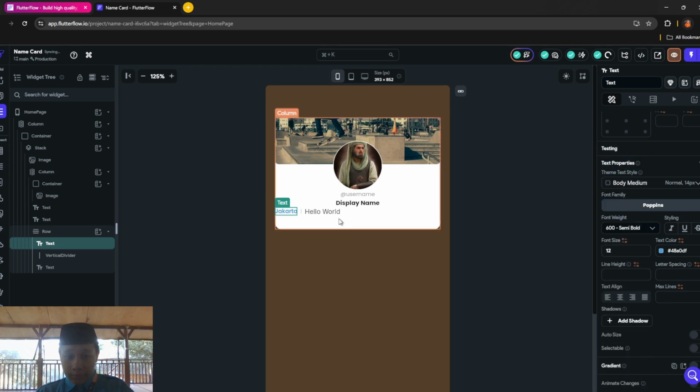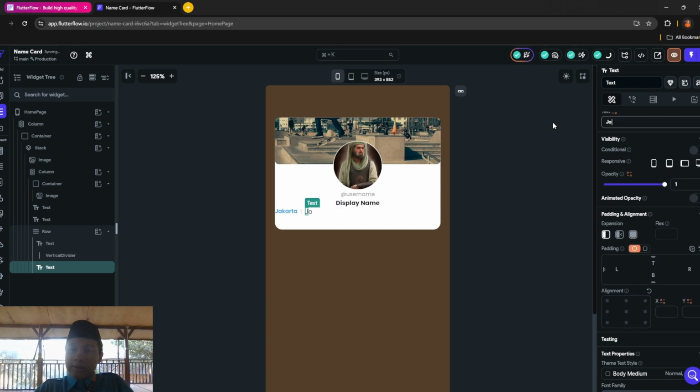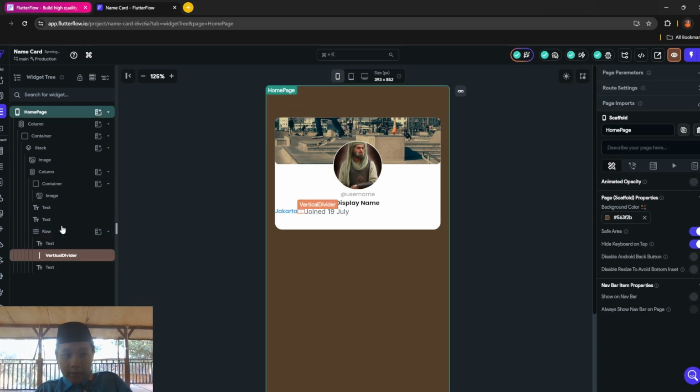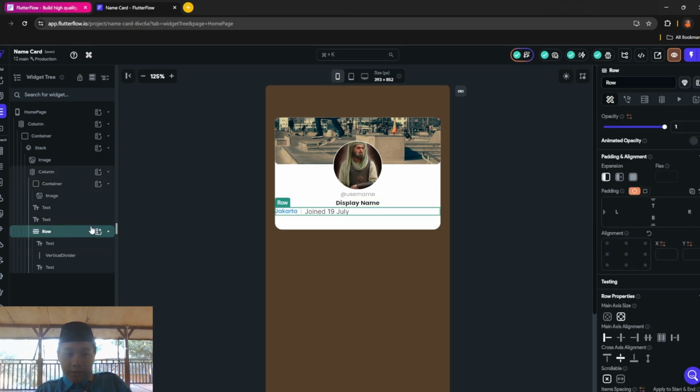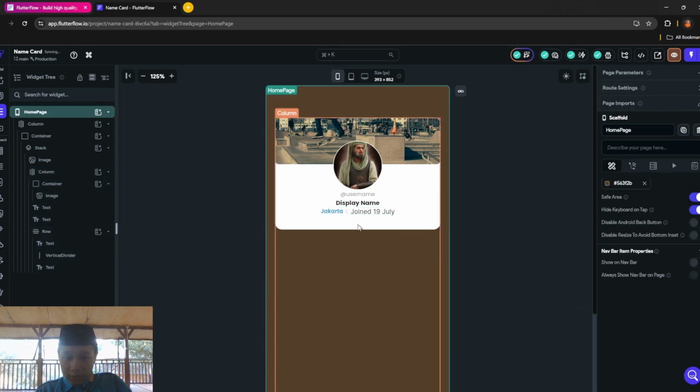And for the other hello world text, you want to make it the join date of the application. The width is 100%, and the height is 145. Also click the row and then make the main axis alignment to middle. It should look like that.